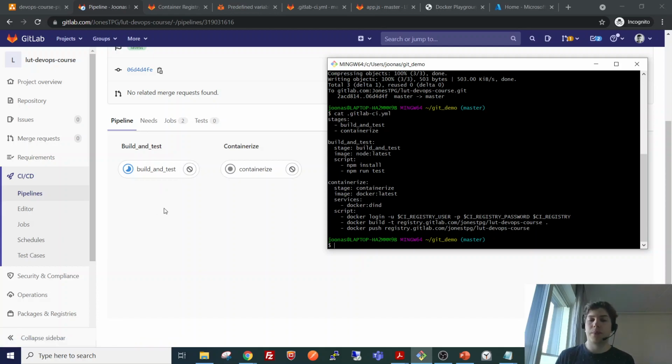This is useful because we don't want to containerize and publish an application that is broken. So this is a very useful feature, and even a necessary feature if we want to rely solely on this pipeline in order to publish software automatically.